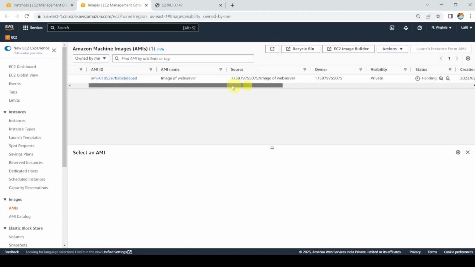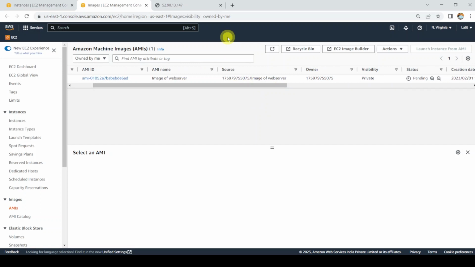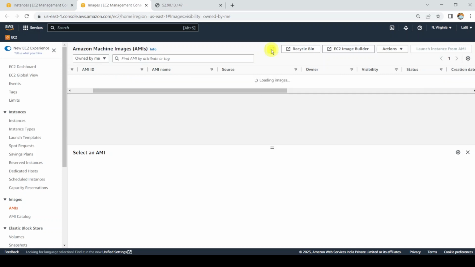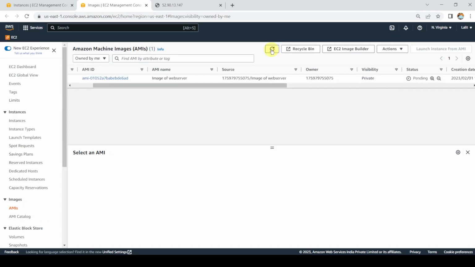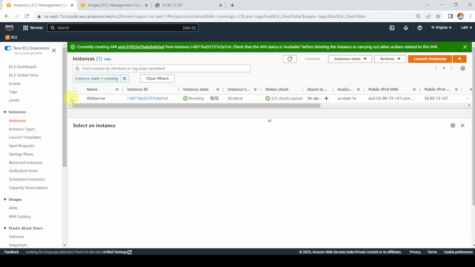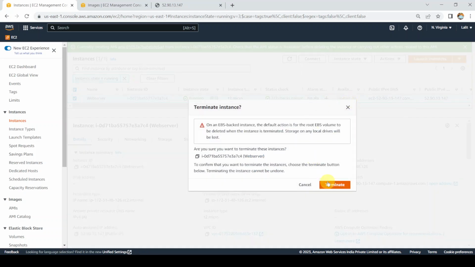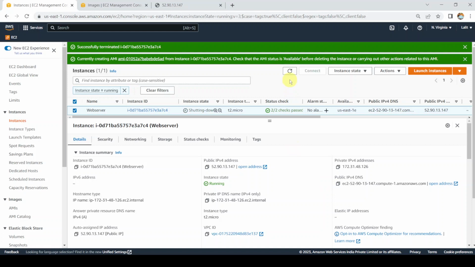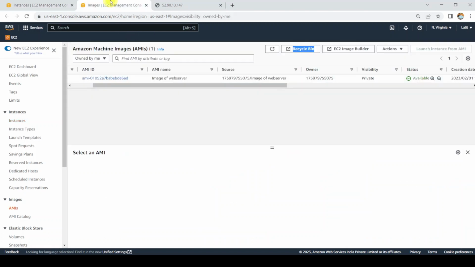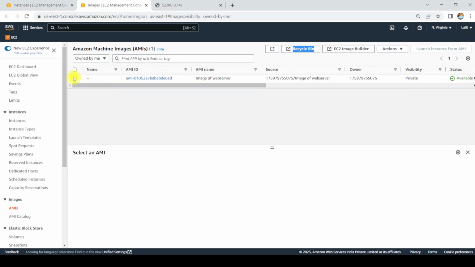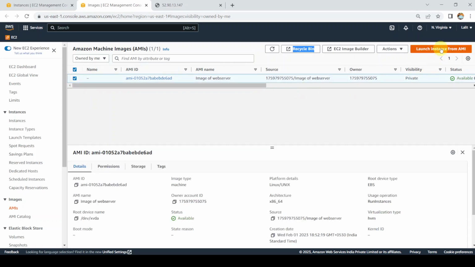So it is taking some time. Let's wait. Yes, it is coming into available state. Now what we will do, we will terminate that instance. So we will click here and then terminate. It is shutting down. Now we will click here, and after that we will launch an instance from this AMI,